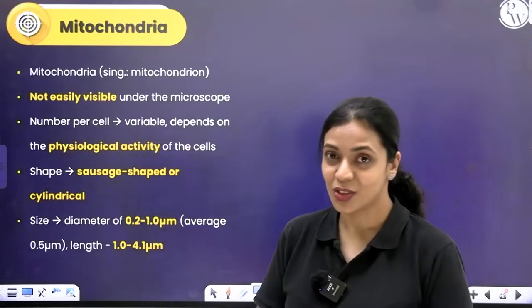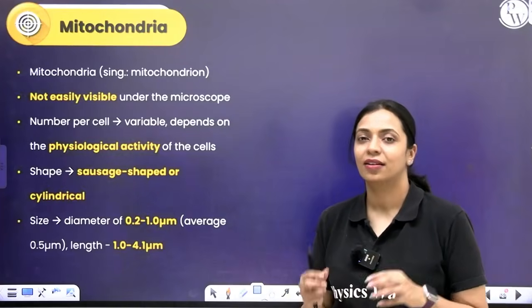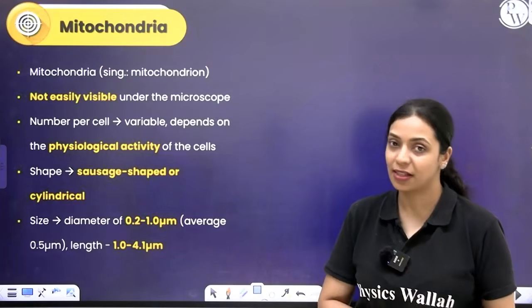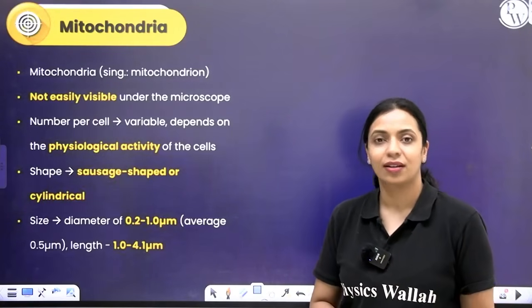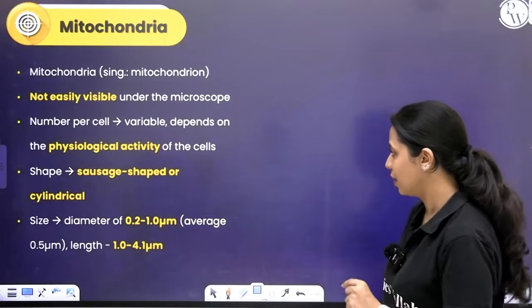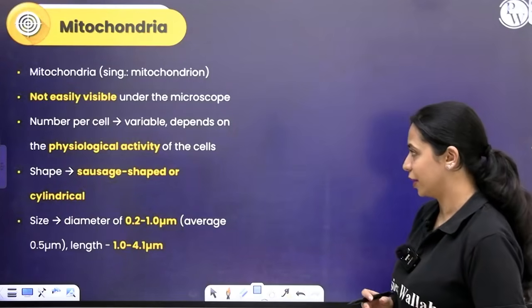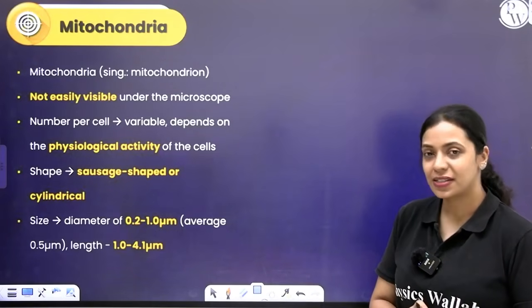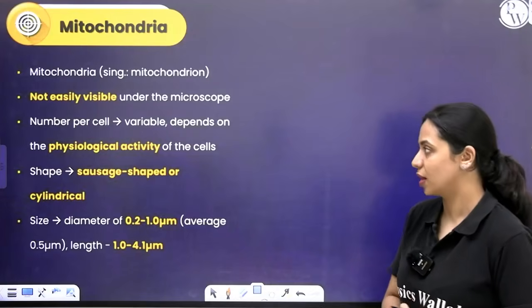Mitochondria is called the powerhouse of the cell, something that you will never forget. The reason is, it is the organelle in which majorly ATP synthesis takes place. Okay, mitochondria is plural, mitochondrion is singular. This is not very easily visible under your compound microscope. The number of mitochondria in a cell varies. If a cell is metabolically very active, then more mitochondria will be present compared to cells that are not very